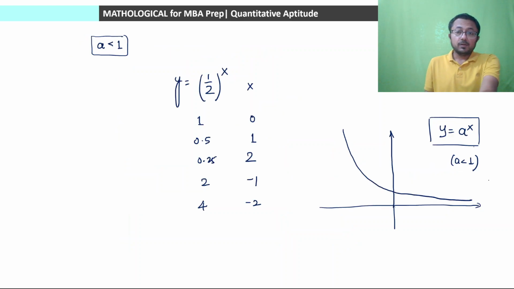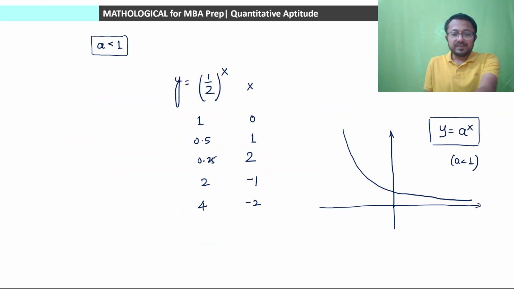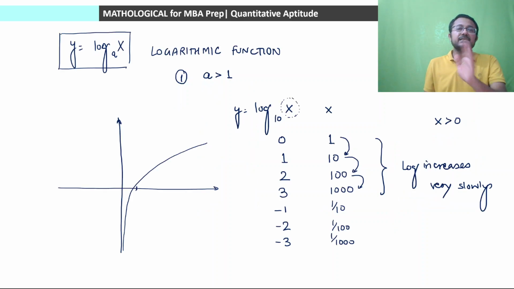Exponential function was increasing very fast as the value of x was increasing, but quite the opposite, the logarithm function increases very slowly as the value of x is increasing. So for the same increase in value of x, the increase in y is definitely very slow. क्या ये क्लियर है? क्या ये पैटर्न समझ पा रहे हो? ओके,